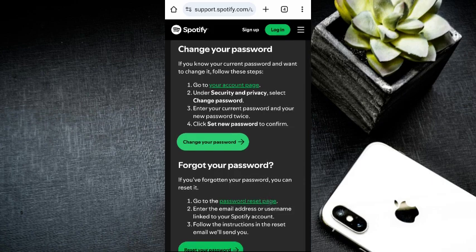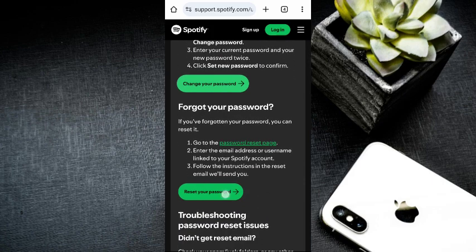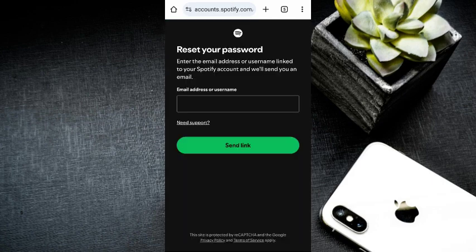But if you have forgotten your password, just click on reset your password and follow the instructions there by adding your email address or your username. They will send you a link. Click on the link and add a different password, and that's it. You're done. That is how to reset. So that's how to change your